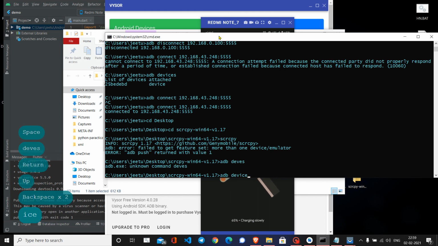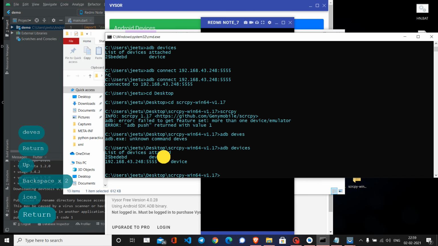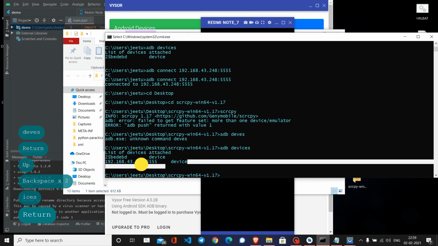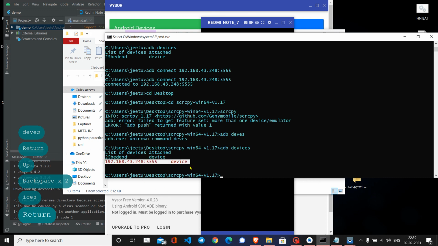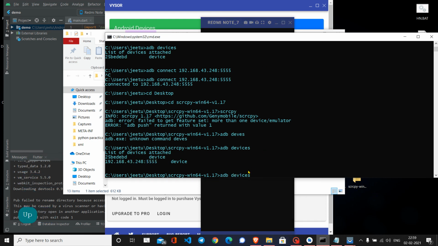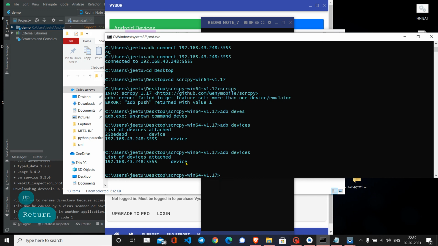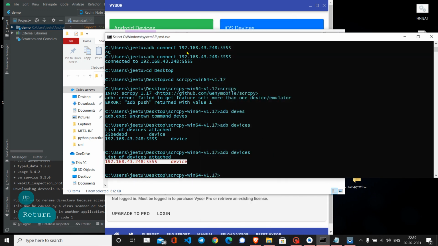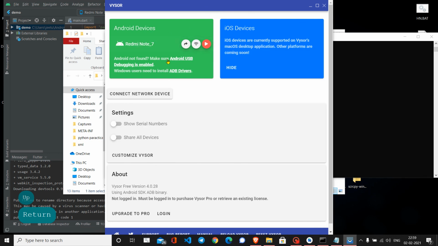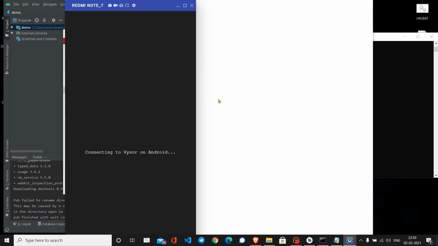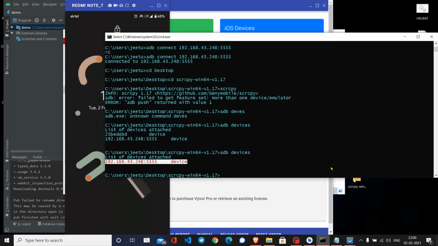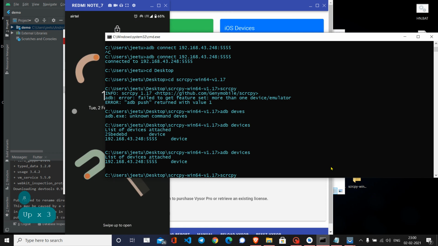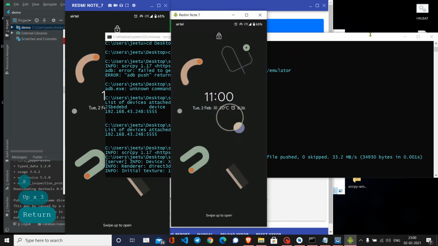adb devices, we are able to see I am right now connected with my data cable and with my network device as well. So firstly, I will need to disconnect my data cable. I disconnected it. Now if I say adb devices, it's only my network device which is connected. So even this might be, yes, it is crashed. And now if I go to my Razer, I'm only getting the one device. Okay, now if I say view device, it will open with my network device. And now even if I say scrcpy, it will also open it for me.